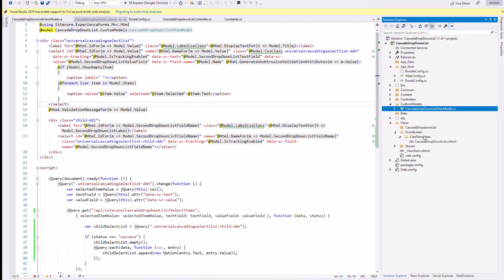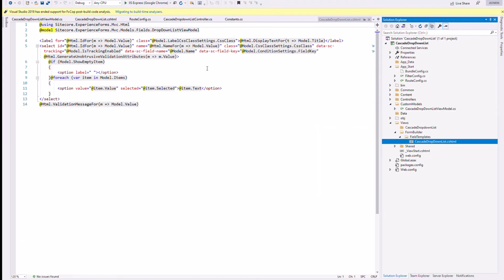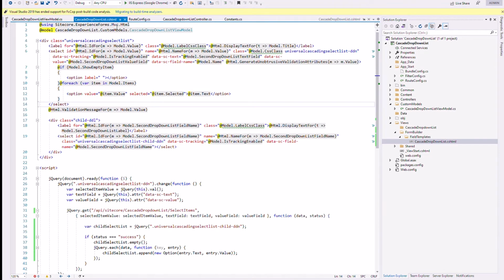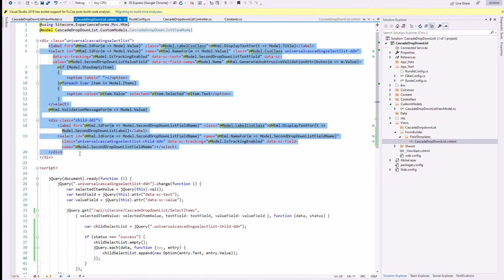This is the cascade drop down list CHTML. What I did is I am passing the view model that we have newly created, cascade drop down list view model, and here the things I have changed, I mean this is just a copy of the existing out-of-the-box drop down list.